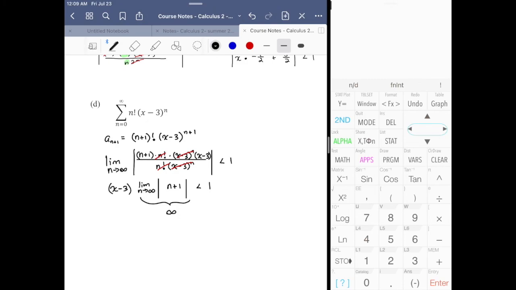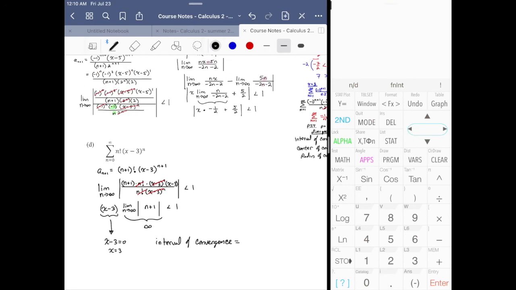and as it turns out, the only way for this to actually be a convergent situation would be if this amounts to a 0, right? Because otherwise it's some other constant value multiplied by infinity, which is just infinity. So if I say that x minus 3 is equal to 0, I get x equals 3. It's kind of weird to say this, but the interval of convergence is going to be equal to just 3. The center is going to be 3. The radius